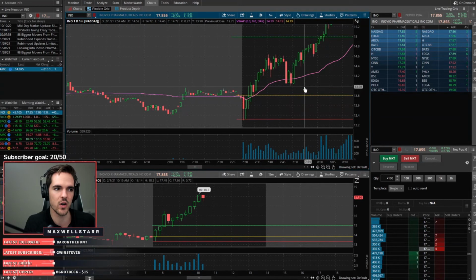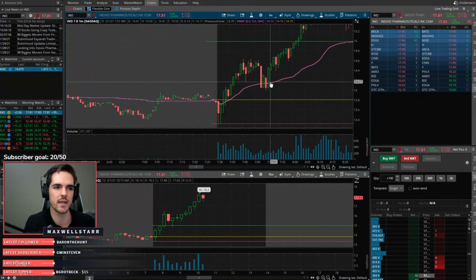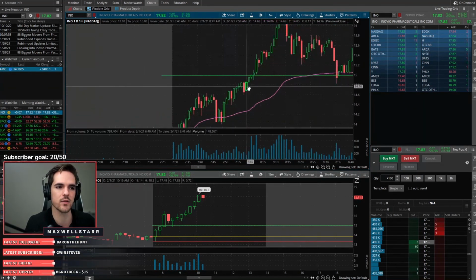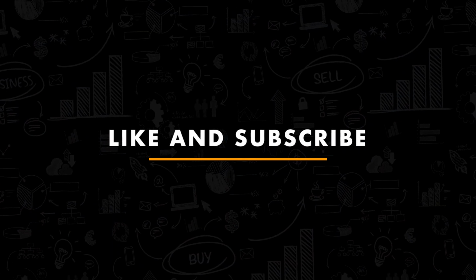But with how much volume and momentum this stock had, it's up 40% right now, I believed it could get through 14, so I took the earlier entry. And the next resistance level was at the psychological resistance level of the 15 whole number. It ended up going much higher than that, obviously, but I'm plenty happy